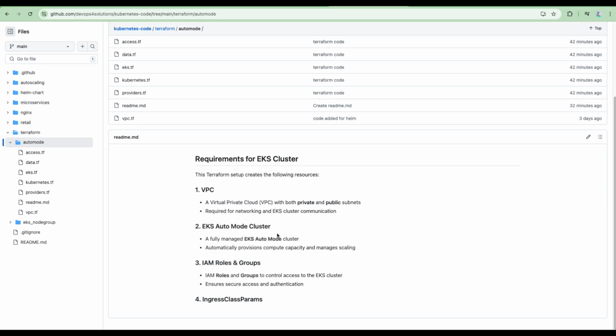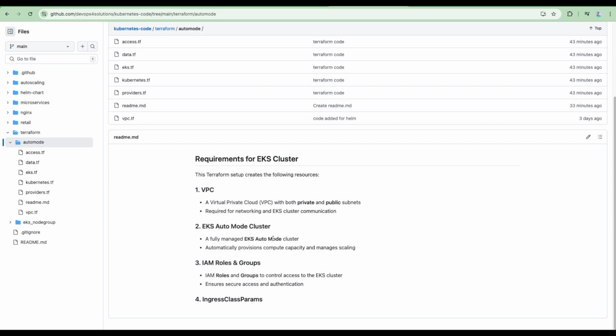So we will be using the concept of IAM roles and groups and the EKS access entries that AWS recommends to provide access to the EKS cluster, and the ingress class resources, so that our cluster is ready and anybody can deploy their workload, and it will ensure that it creates the ingress resources like a load balancer to support all the external access and everything.